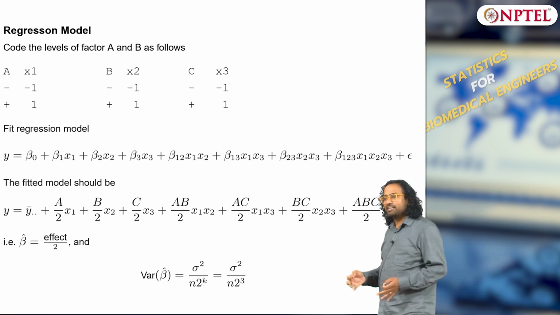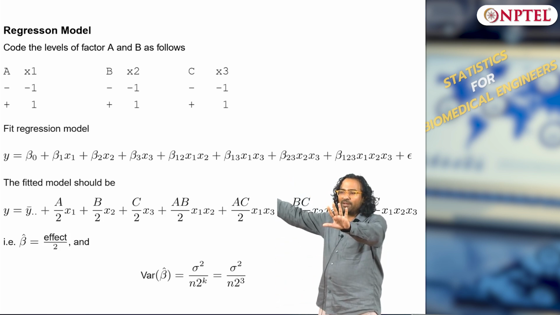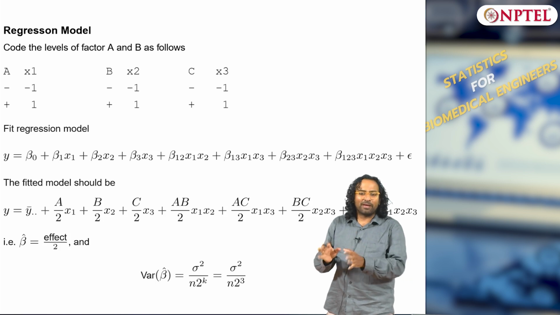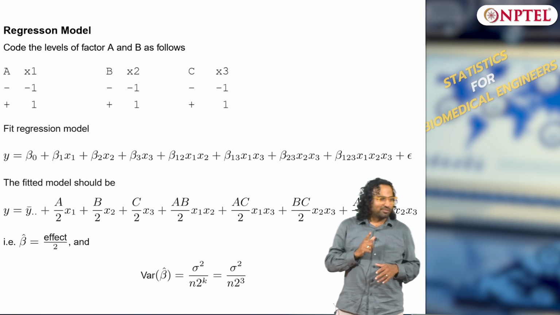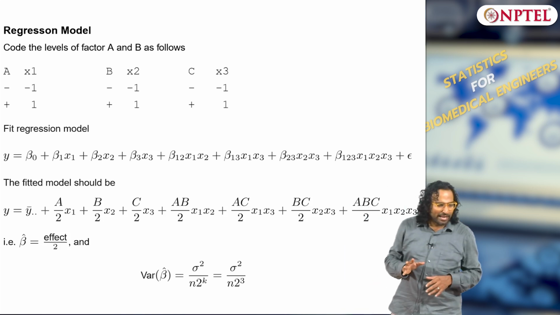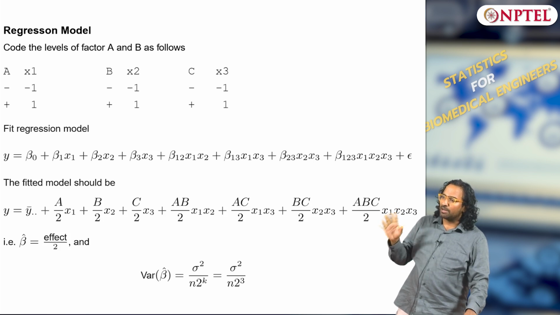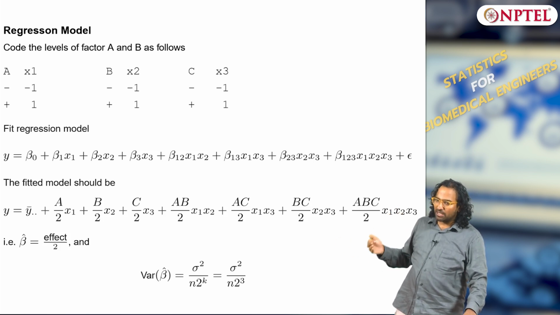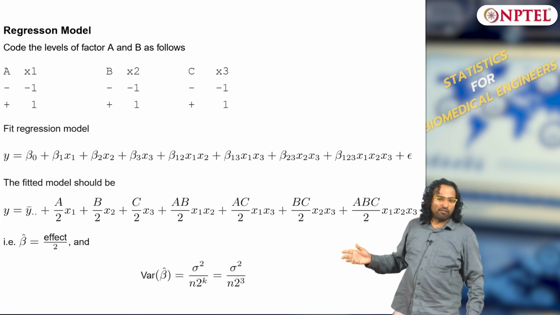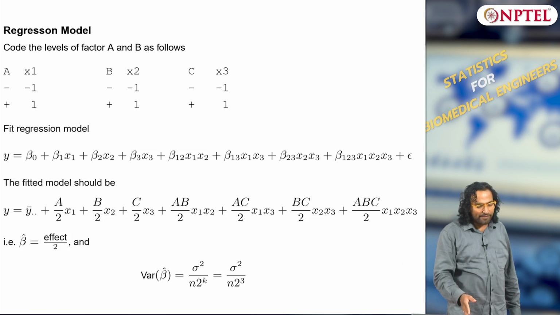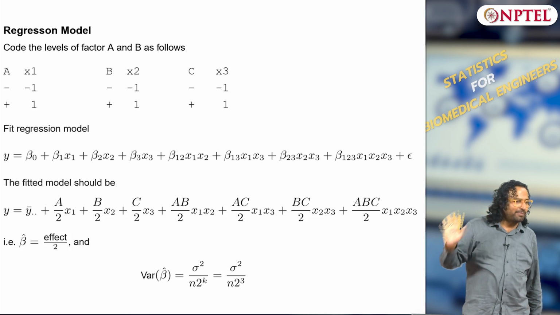So a replication is mandatory, otherwise you have 8 parameters, 8 data points, and you are fitting every parameter to a data point, right. So that is why this will not work without replications. A replication is mandatory if you want to fit all the parameters, because there are only 8 data points and you are asking for 8 parameters, which makes no sense, unless you have more data points, replications. And all the fx are again divided by 2. So the parameters are nothing but fx divided by 2.